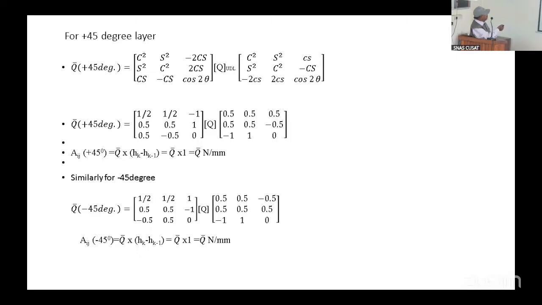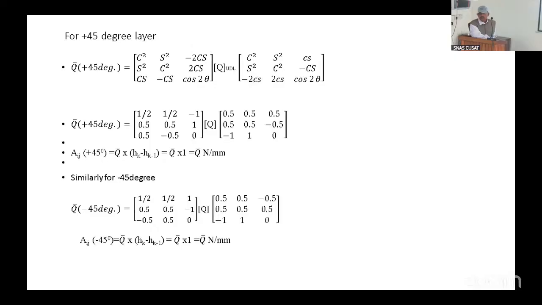Plus 45. This is the formula we have already written there. There you substitute 45 degree. Then you will end up like this. Then you will get this Q bar. Similarly, minus 45, you will have this thing. You will end up with Q bar, because plus 45 or minus 45 for this Q bar doesn't have much significance,